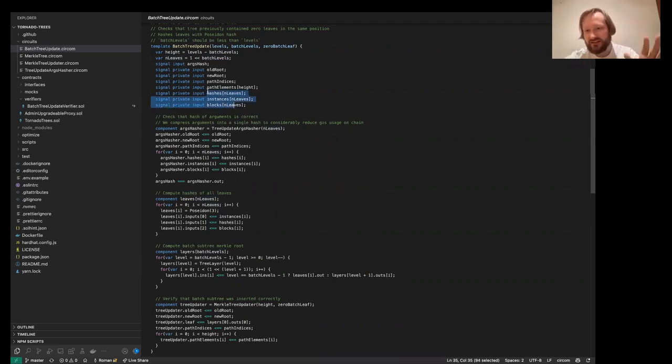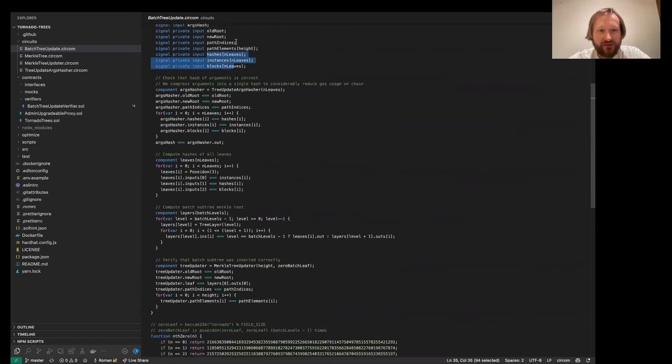In our case, it's not very relevant to this lesson, but all the leaves are hashes of some 3 useful values. So we want to store some structure in the leaf, so we hash all the items in the structure and put the hash in the leaf. And basically, we take all these arguments that need to be public, roots, and these hashes, instances, and blocks. For example, path elements is the Merkle path. It doesn't need to be public, so it's not